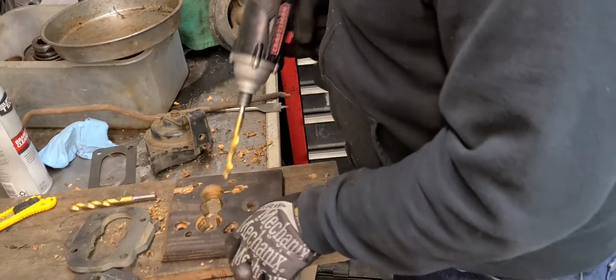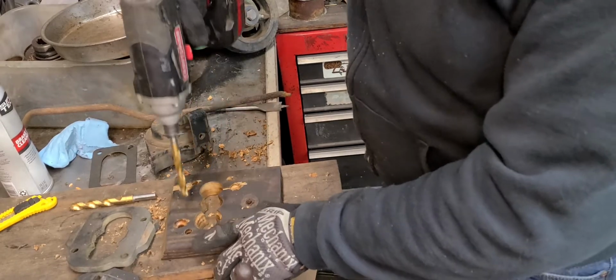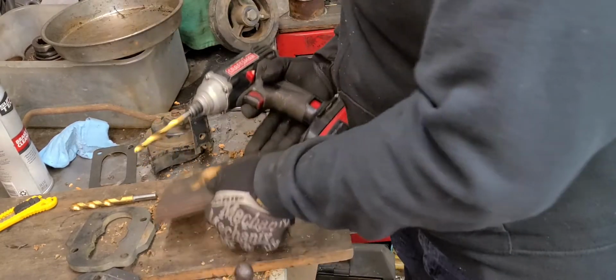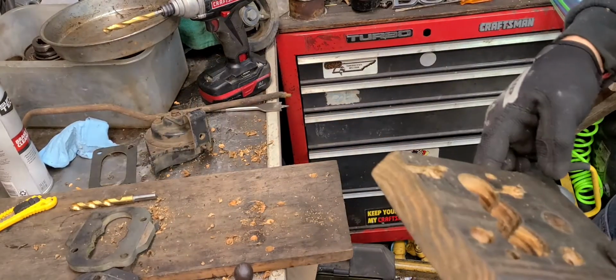There we go. Got that little burr out of there. Got some little trash stuck in there, and trying to get it out of the holes real quick. So anyway,